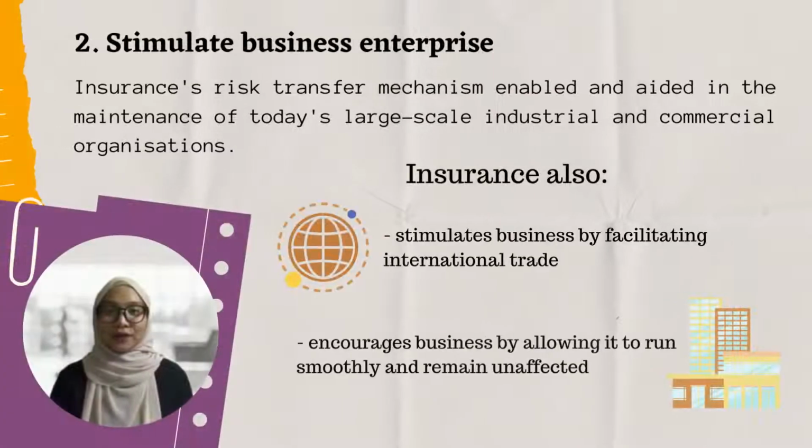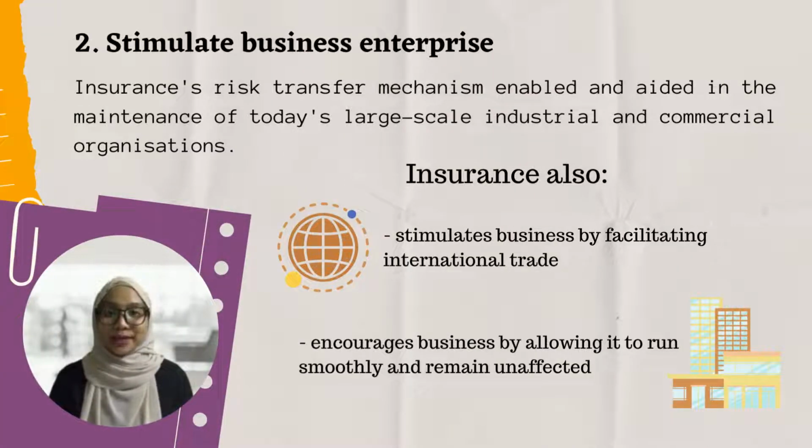The other function of insurance is to stimulate business enterprise. The insurance risk transfer mechanism enabled and aided in the maintenance of today's large-scale industrial and commercial organizations. Such large-scale enterprises could not have begun without transferring most of their risk to insurers. Insurance also stimulates business by facilitating international trade, and it allows businesses to reduce risk by protecting them from bankruptcy